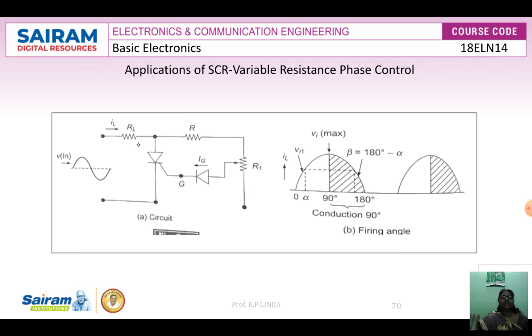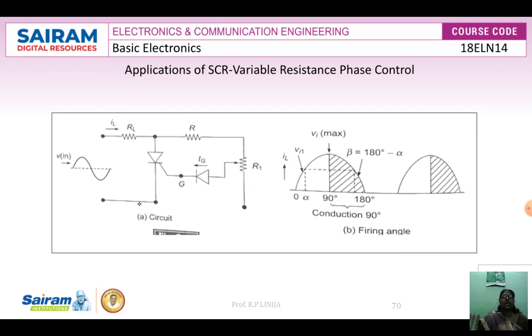The silicon control rectifier can be turned on by the gate at any angle with respect to the applied voltage. This angle is called alpha, and it is called the firing angle, because the SCR is turned on by the gate at that angle. Now, power control is very important. The power control is obtained by varying the firing angle. If you vary the firing angle, that is known as what? Phase control. We are going to control the phase.